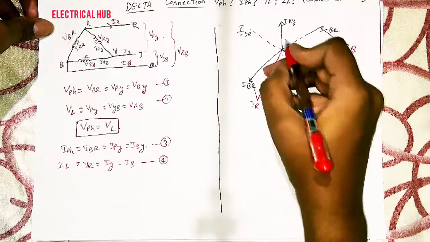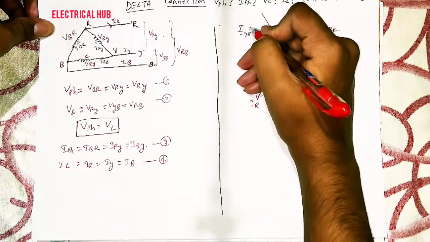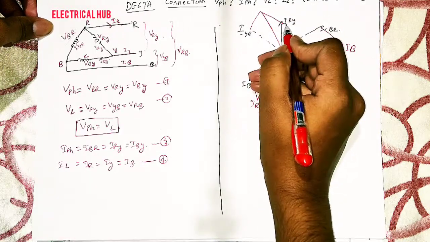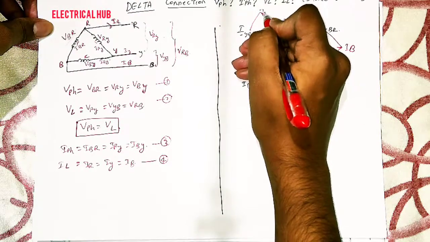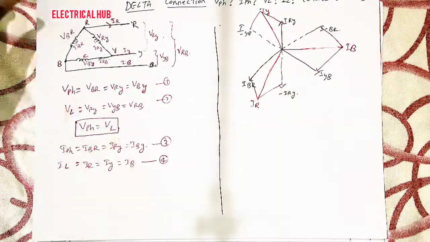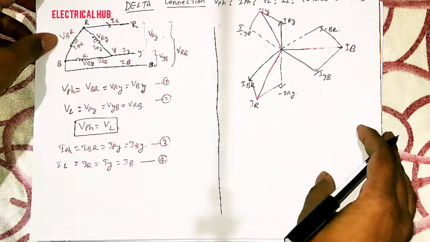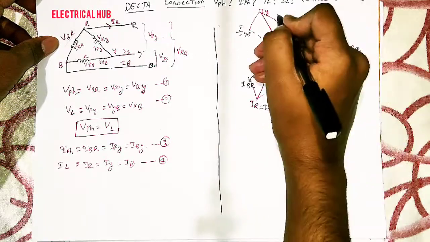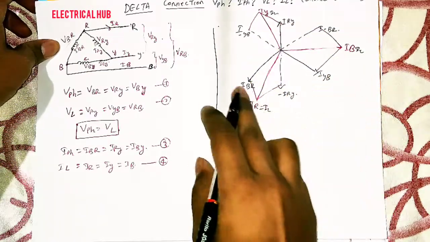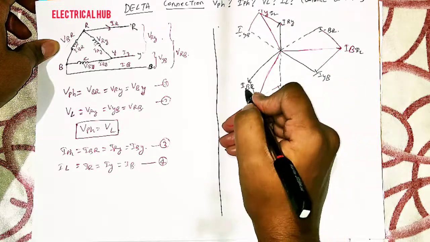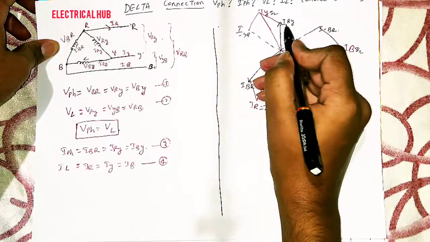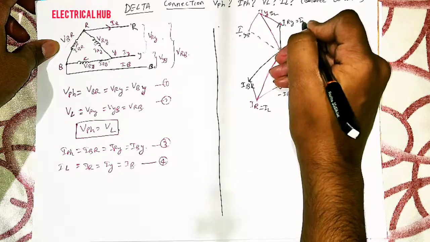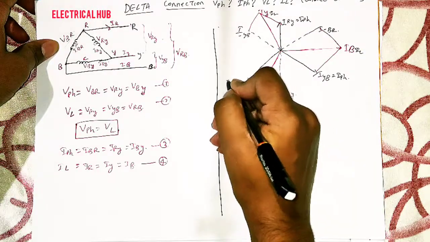Alright, and from this part just connect it. What is common between minus IYB and IRY? The Y component is common, so we will write it as IY. Alright, so what we get to know about this is that this is a line current IL. The resultants are line currents, and the other components, this part and this part, are the phase currents, so we can call it IPH. This is IPH, and this is also IPH.